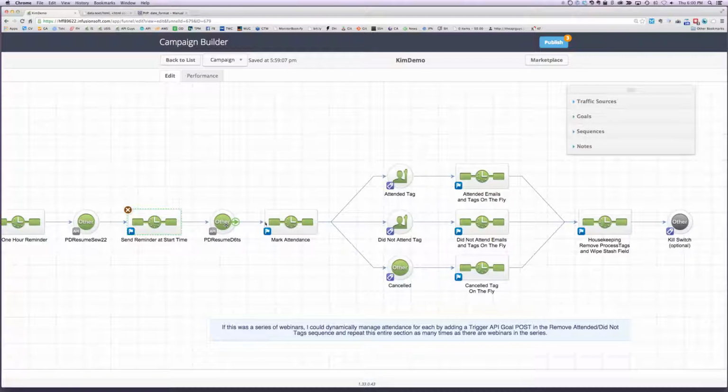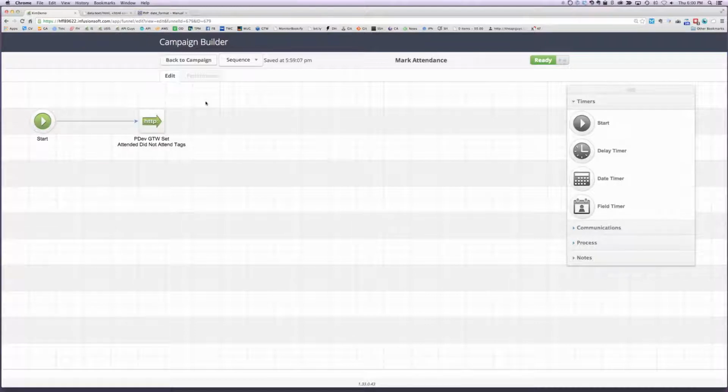Now, this is where, again, this starts to be a bit different than what you saw previously, and I want to talk about this too. In my other one, I was just using a kind of generic attended, did not attend tag because it was kind of a pain. But here what I do is this. All I'm going to do here is, 4 hours after the webinar, so we've had time to end,